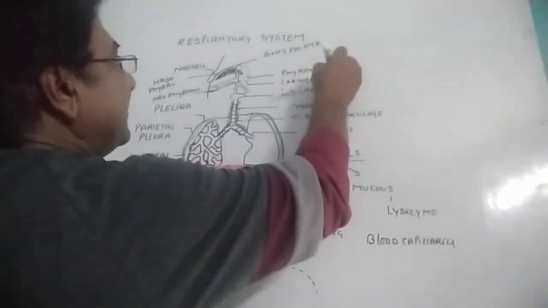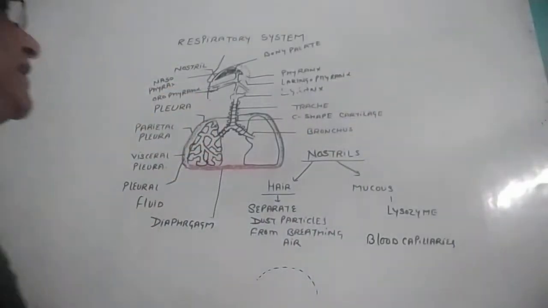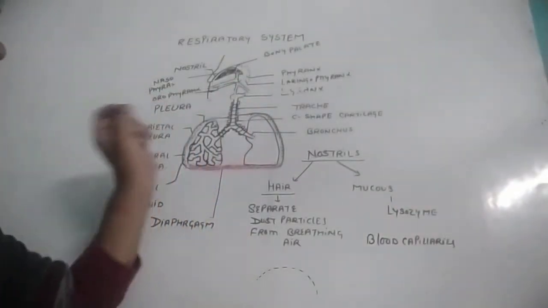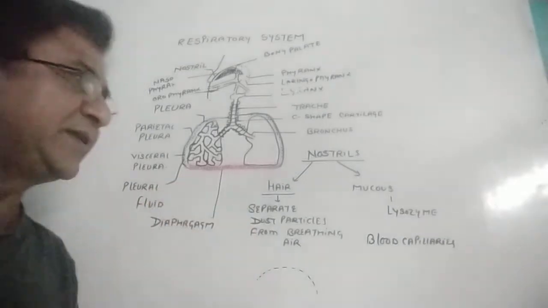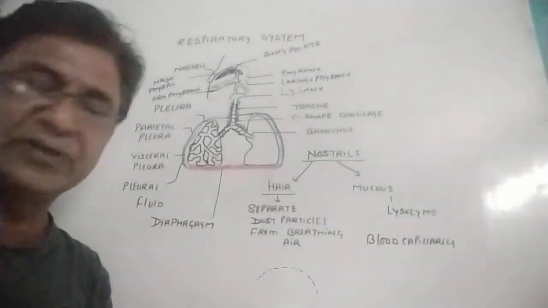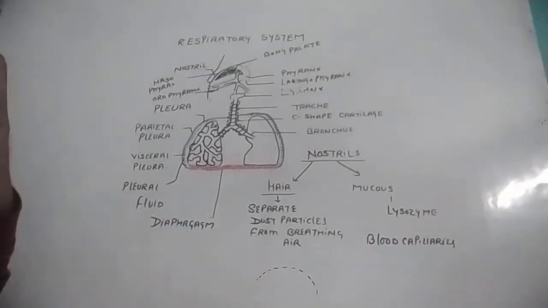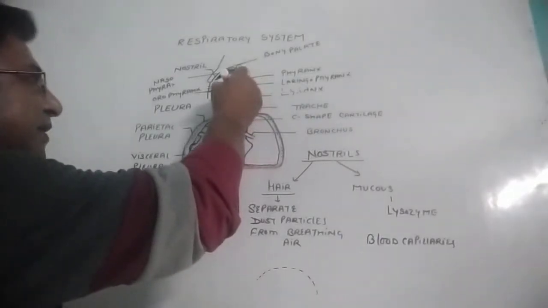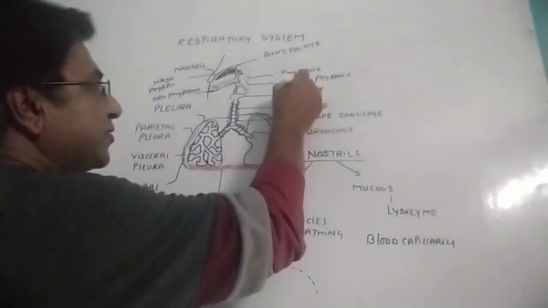So we can differentiate different parts of the pharynx, but the basic function is that the pharynx is a connection from the nasal cavity or oral cavity to the trachea. Along with the posterior part of the nostrils, it also has blood capillaries which work like an AC, changing the temperature of the air entering with the breath. Now, this is the basic pharynx, which opens into the larynx. We have discussed the larynx.